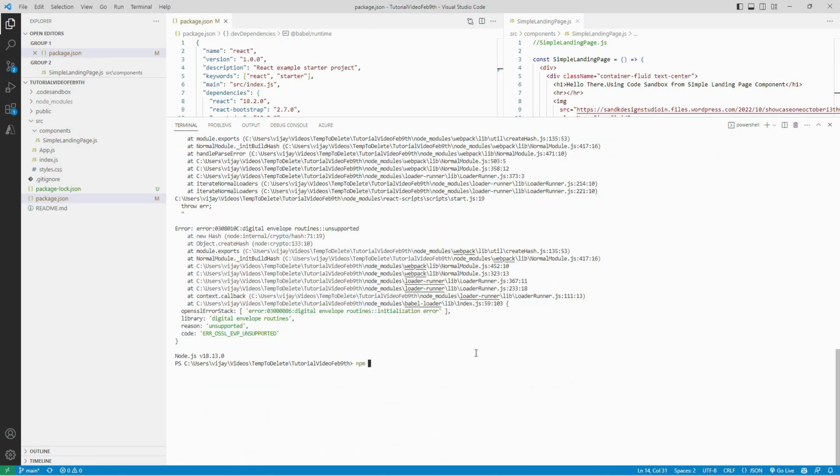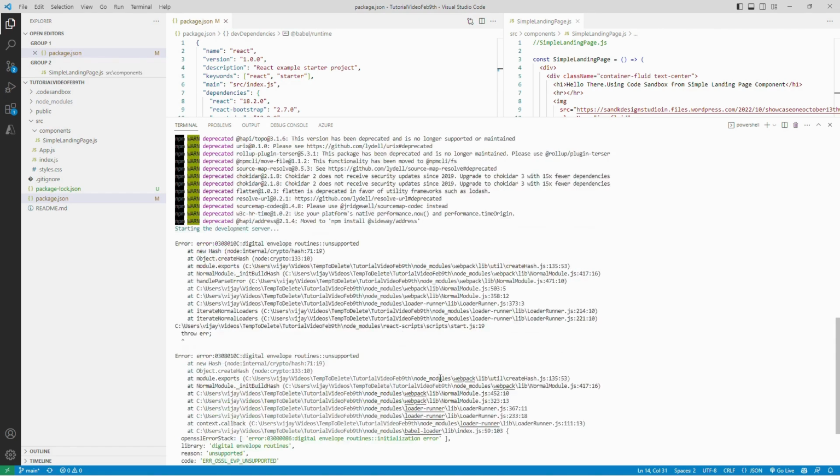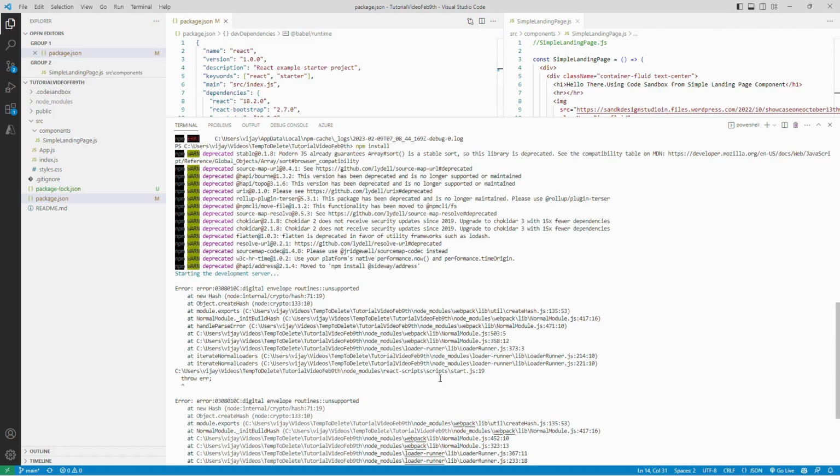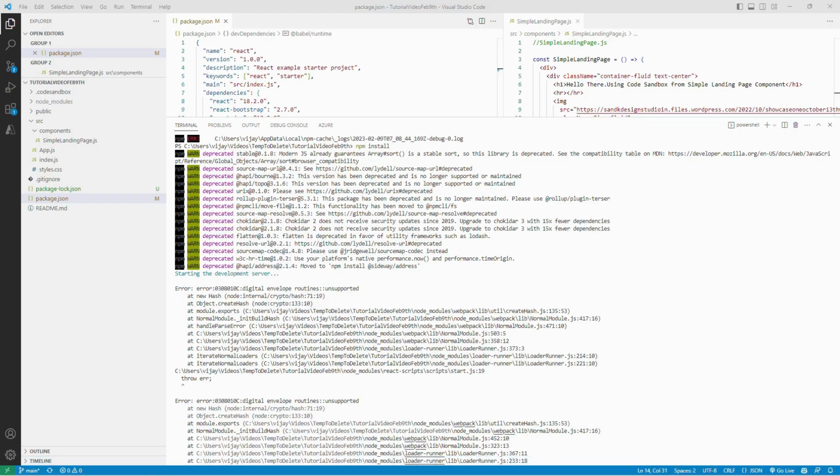Why would you npm start? Digital envelope routines unsupported. I think this has to do with HTTPS. Okay, I think the conclusion I'm going to come to at the end of this is maybe you should not be using